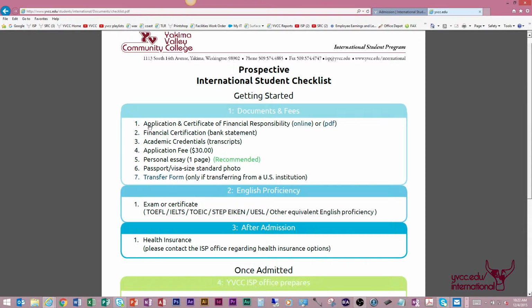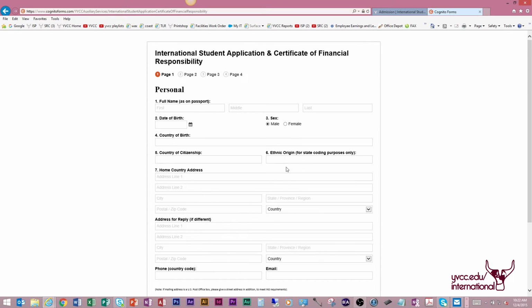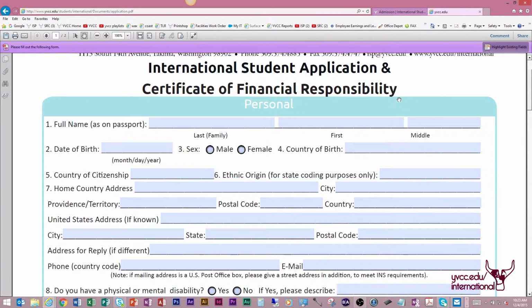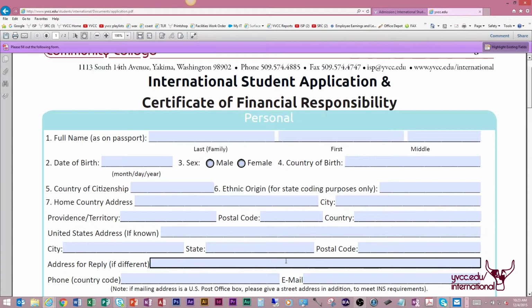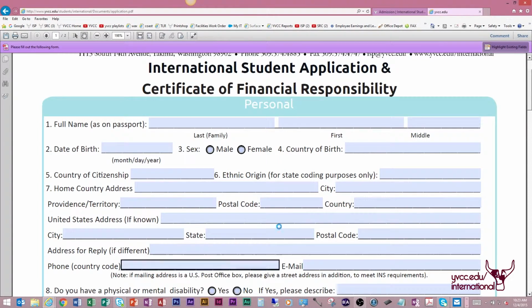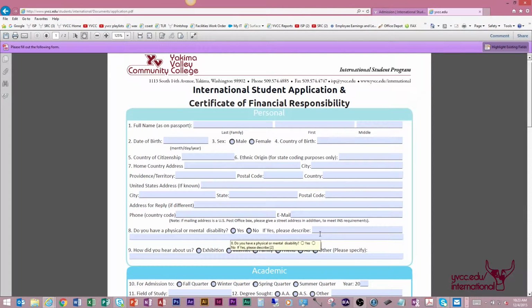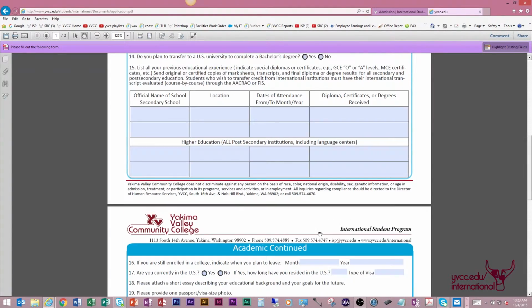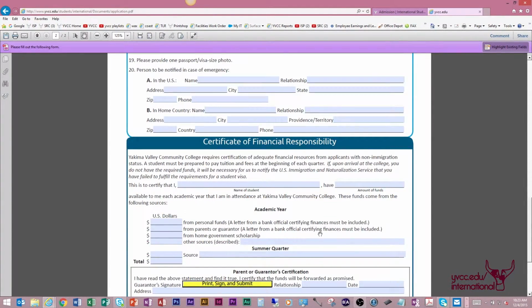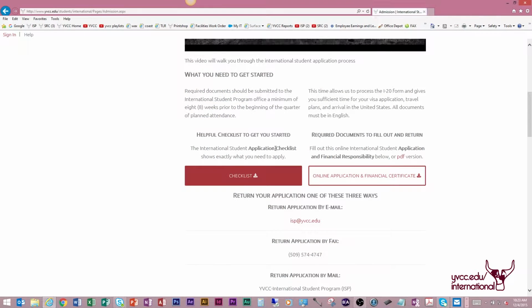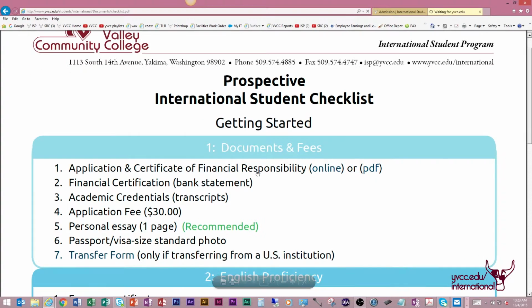First, fill out the application and certificate of financial responsibility. There's an online version and a PDF version. Personal information and academic information and financial information. This is the PDF version. So you'll fill this portion out. Personal, academic, and financial, the same. So going back to the checklist,